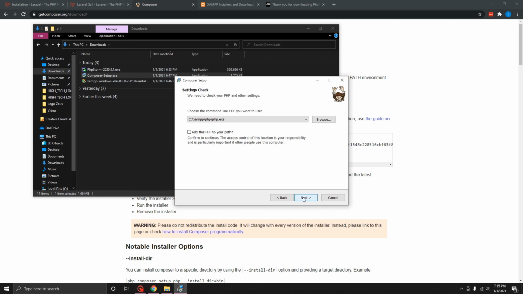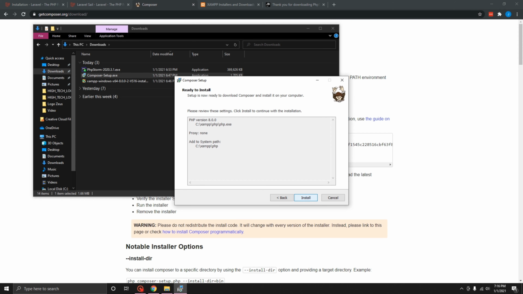We'll go ahead and click next. Then we get to this screen, and it's going to ask, basically wants to know where PHP's at, because it needs PHP to run. So I just leave that here because it's installed with XAMPP, and you want to add this PHP to your path. Basically that's confirming that is the correct URL. You can then click next. Again, next, unless you have any proxy URL information you need to provide. Otherwise, you're good to go ahead and click